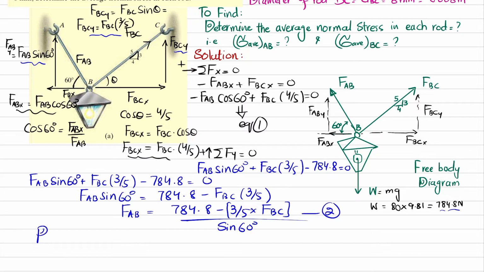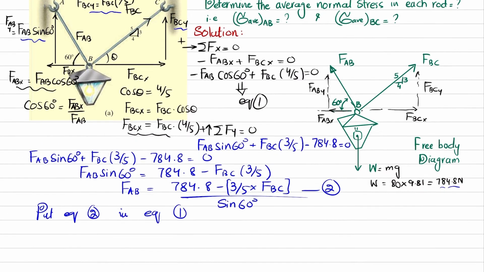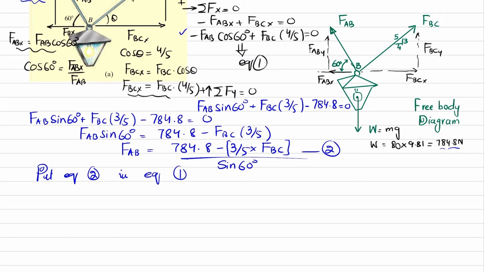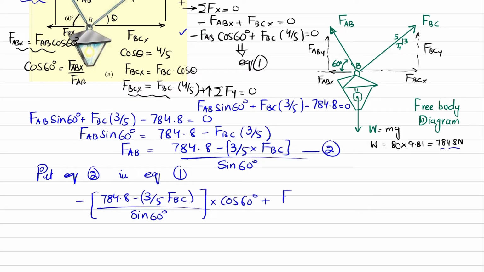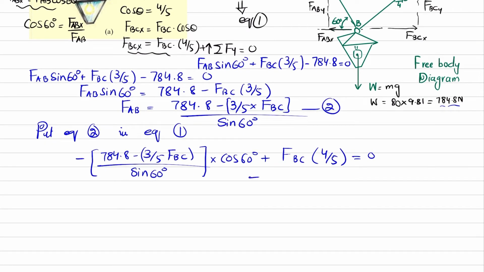Now put equation 2 in equation number 1. So this is your equation number 1. FAB will be replaced with this. So minus 784.8 minus 3 over 5 times FBC divided by sine of 60 degree into cos of 60 degree plus FBC into 4 over 5 is equal to 0. Now you will get this equation. So if you solve this equation, you will get FBC will be equal to